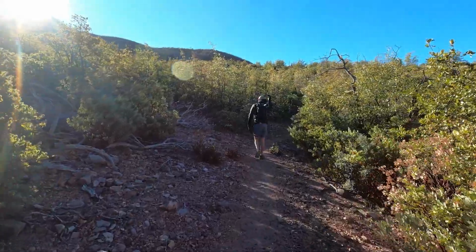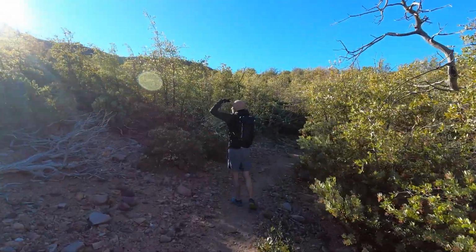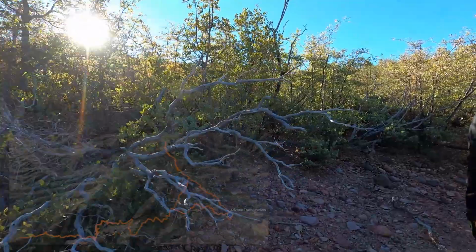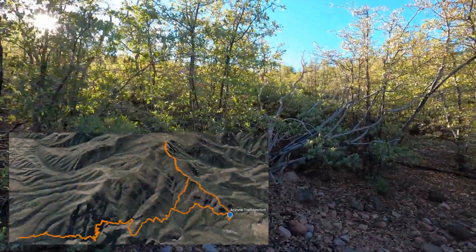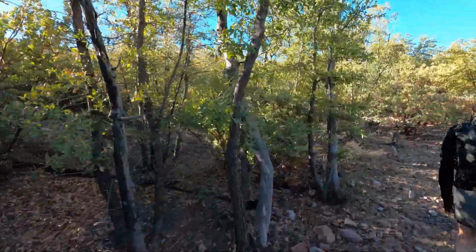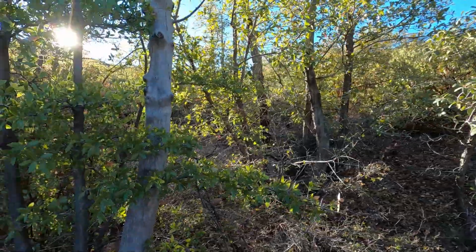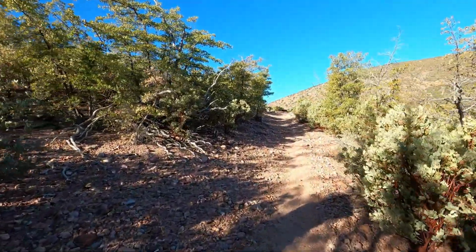All right, we're about 6 miles in. We decided to keep following the trail to the saddle. We actually just passed the sign for the AZT junction. We're at the Mazatzal Divide. And as you can see, we're still in some pretty thick manzanita, but we decided to skip the other routes that we saw on Peakbagging, just because the ridge lines that they followed up, it was not manzanita anymore, but it was like a really thorny